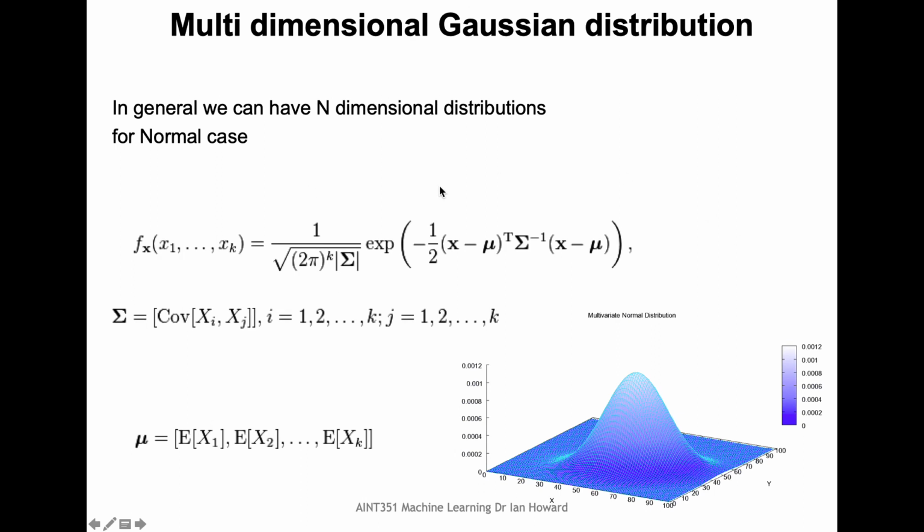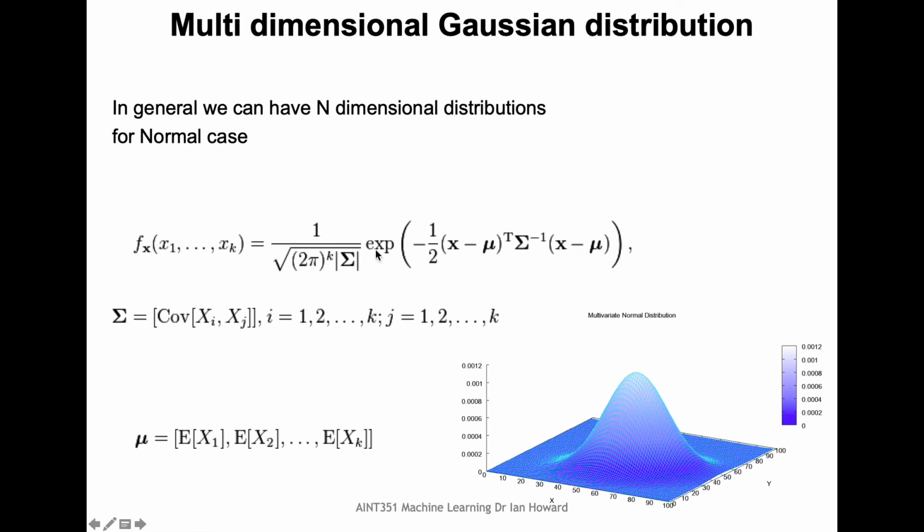Let's start off with the exponential term, and you can see it's kind of similar to what we had for the one-dimensional case, except now it's all written in vector form. We've got a minus 1 over 2 scaling factor in front of it all. Then we've got the vector x, take away the mean vector mu, transposed, multiplied by the inverse of the covariance matrix, then multiplied by the vector x minus mu again, right? So before this was just x, this was just mu, this was just basically 1 divided by sigma squared, but now as you can see it's the inverse of the covariance matrix,